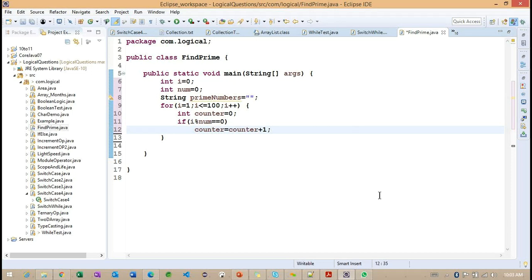Getting the point? What we are going to do here? If this particular counter is equal to 2, what we are going to do? So we are going to make the particular prime number section here. Prime number section. Observe carefully.